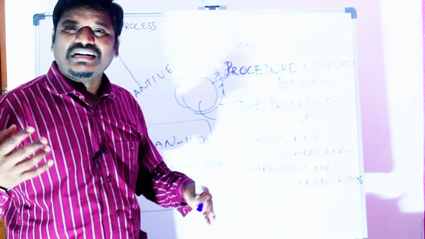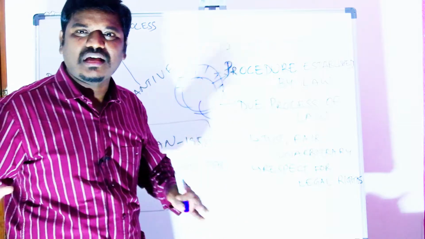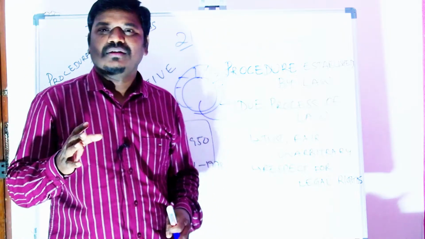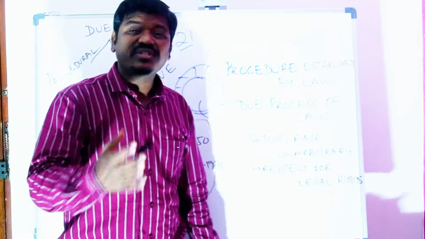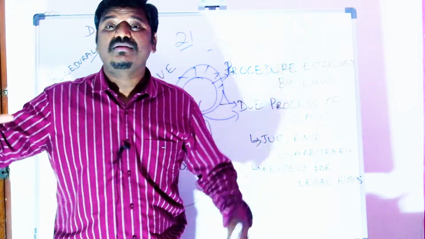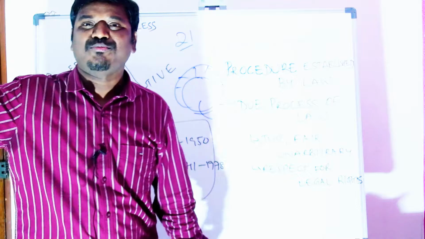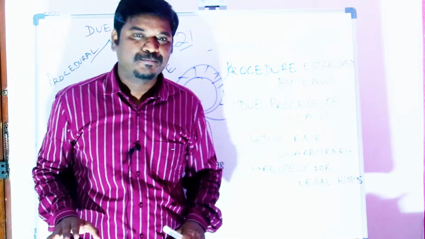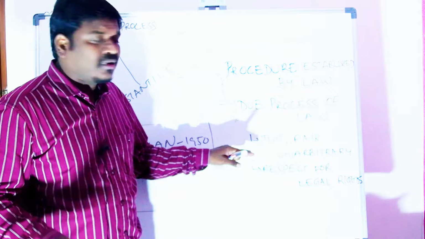Understand? It is arbitrary. What is arbitrary? Irrational. It is something which is done at the whims and fancies of a certain class of people or politicians or whatever. So they will check,